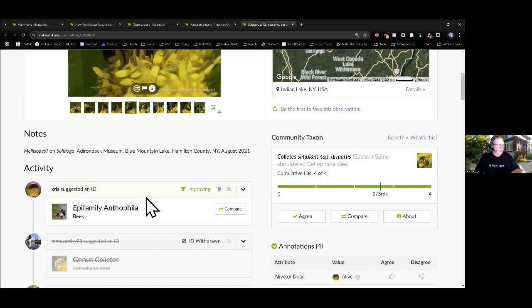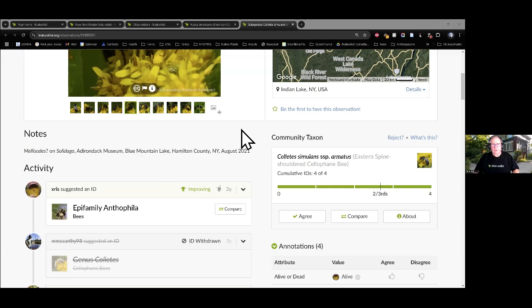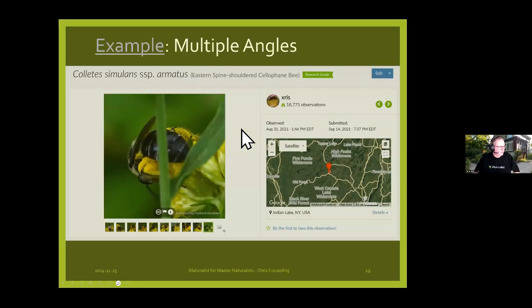I knew it was a bee. I didn't recognize it was a cellophane bee, and that was fun to see because I had only seen this once before. Okay, so multiple angles. Okay, lots of photos,